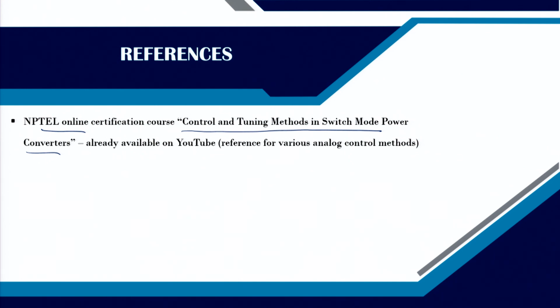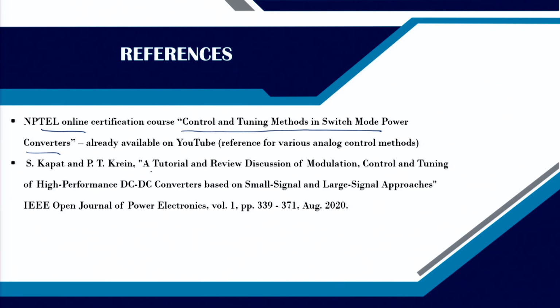So whenever we start our digital control, we will refer to some basic analog control as a starting point, and we will take it for granted that those basic analog controls are more or less known, but we will provide you the reference link, so that one can go through some lectures of that course and get the details. This is one tutorial paper where one can get a summary of different modulation and control techniques,